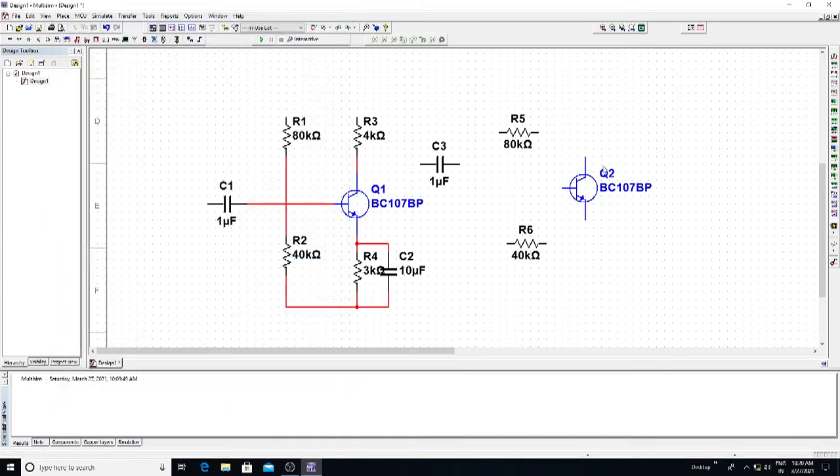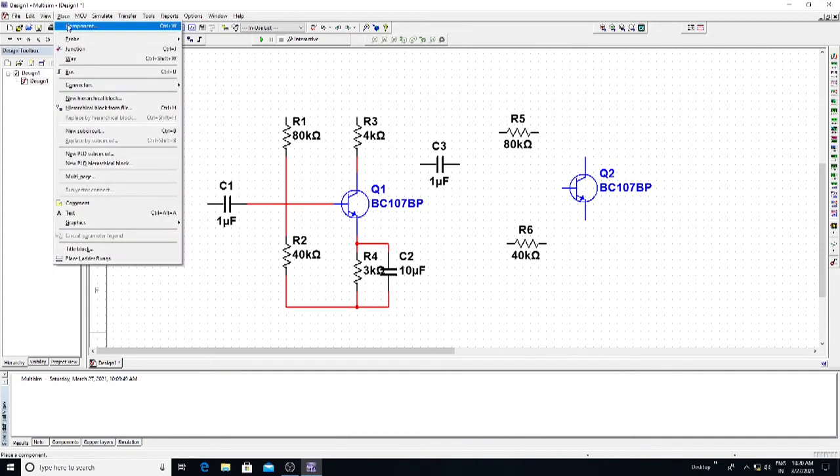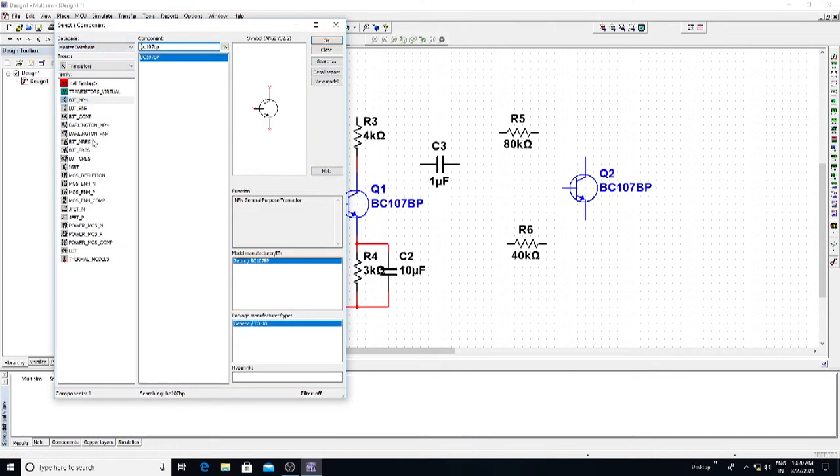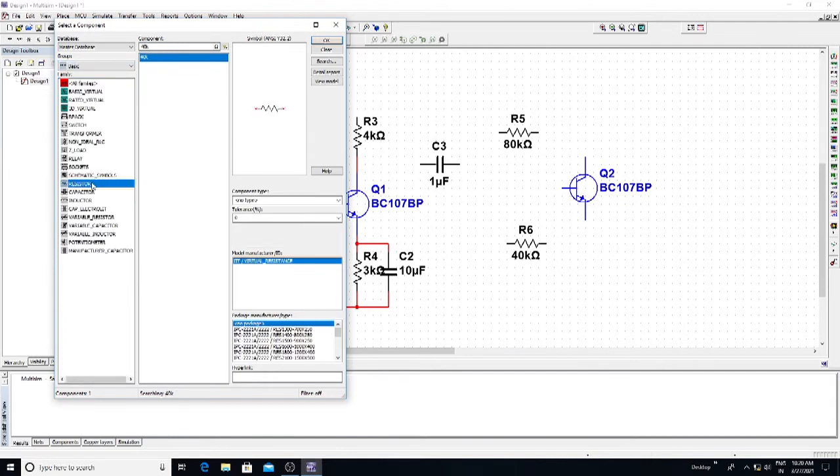Now next we need to place the collector resistance, the emitter resistance, and the capacitor which is parallel to the emitter resistance. So take place, component, resistors, go to group, basic, resistor, 4K, collector resistance, right?